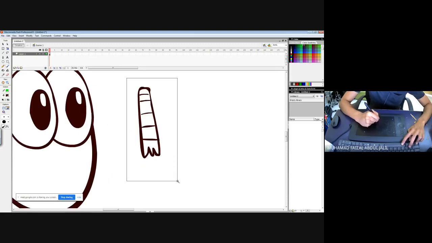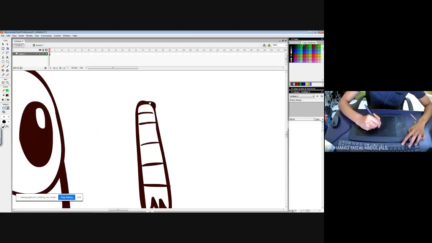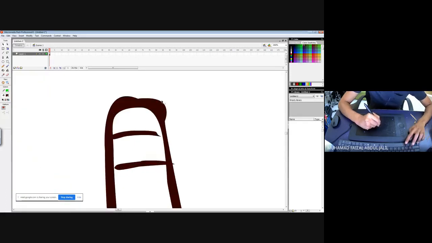Look at this. Even though I use the brush tool to draw them, if I make a bit of a mistake here, in Illustrator you have to use the pen tool or pencil tool to change it.